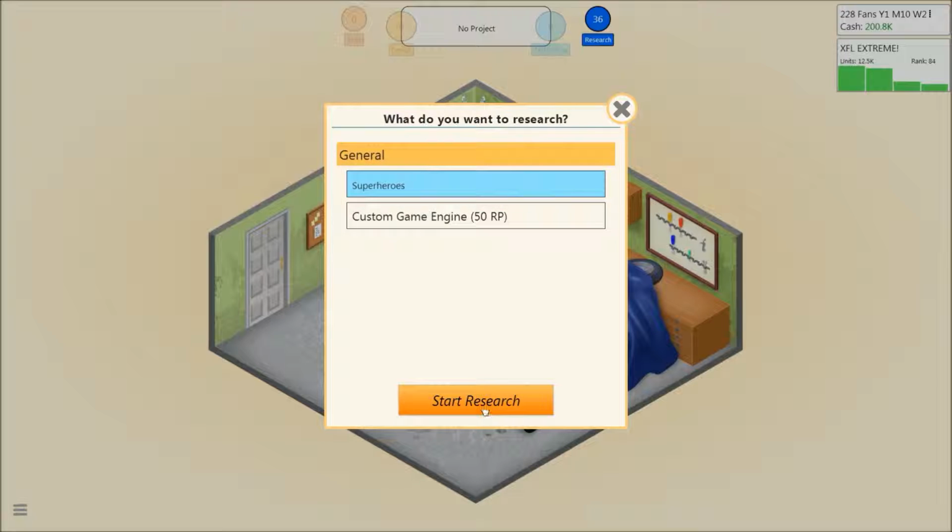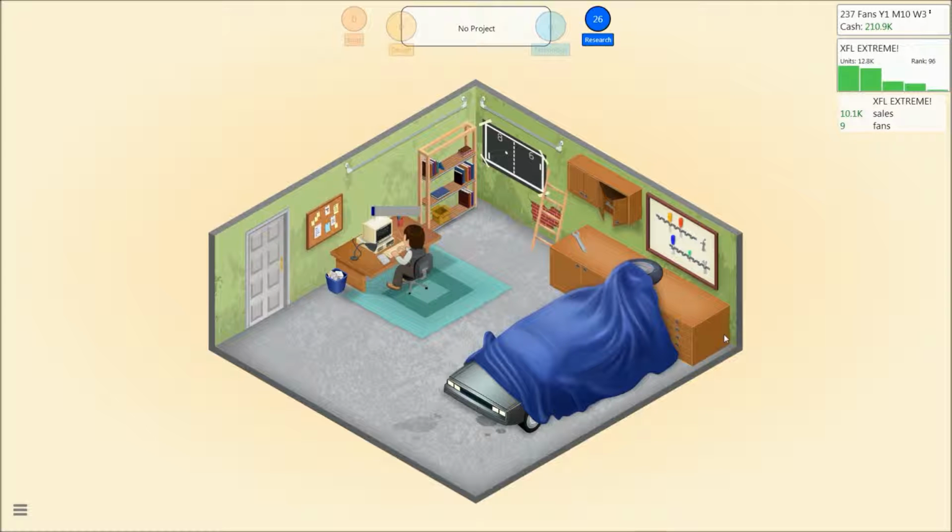Oh, let's do a superhero game. Absolutely, since that's all the rage. We can do Rocksteady's Batman Arkham Asylum back in a text-based game. That would probably be really bad, so we won't do that. But...